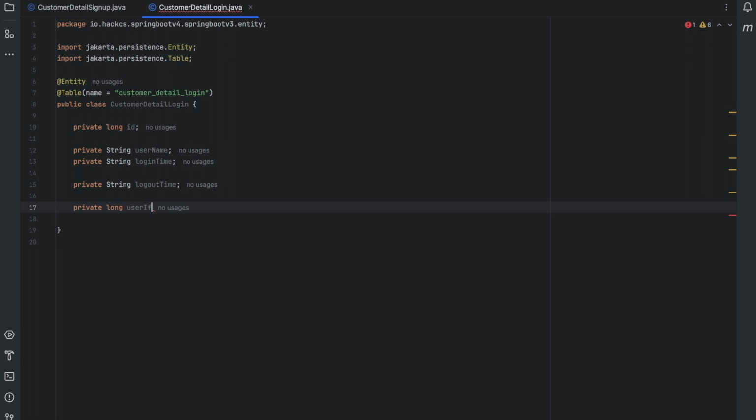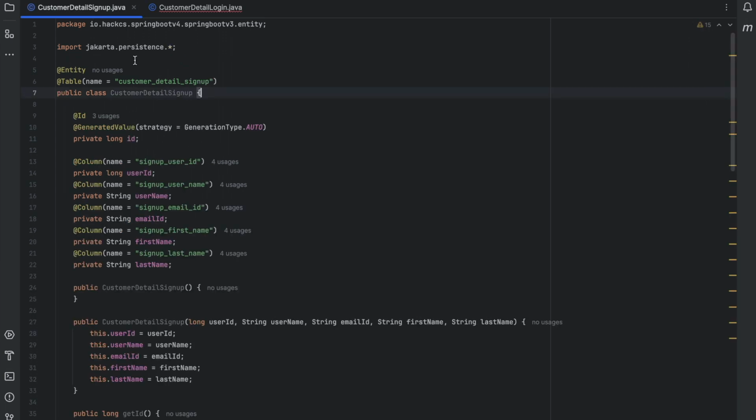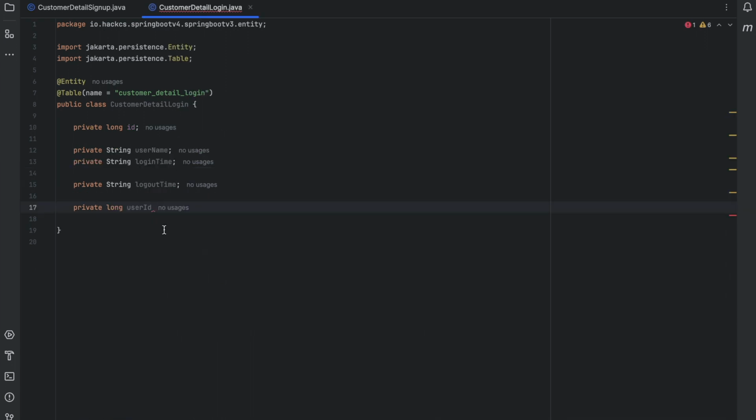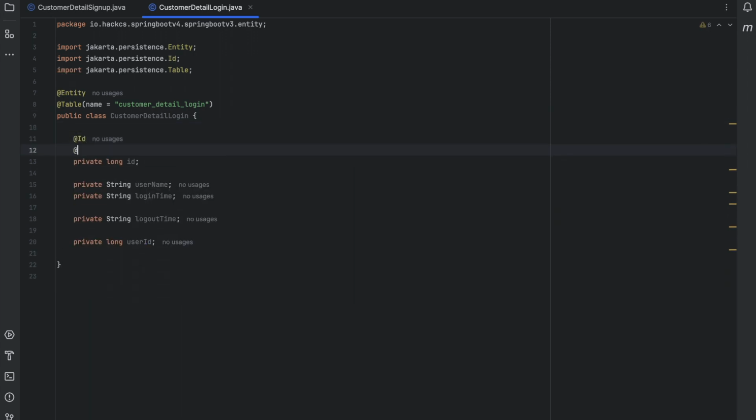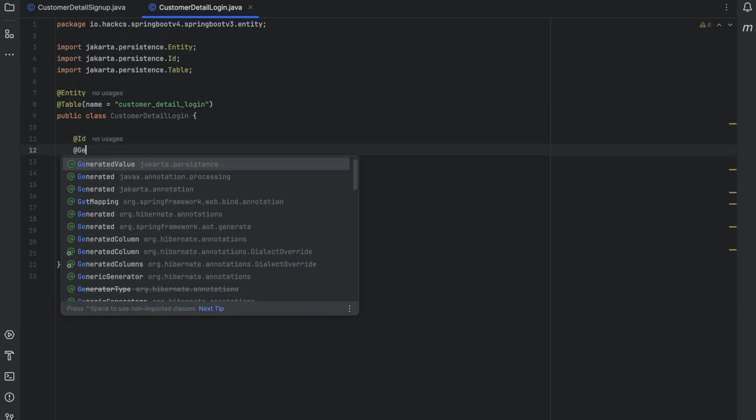User ID. Let us just quickly confirm that our user ID is long. Yes, you need to make sure that whatever you can define a string, but you need to make sure that you are defining it correctly. Now this is an ID. Our strategy is